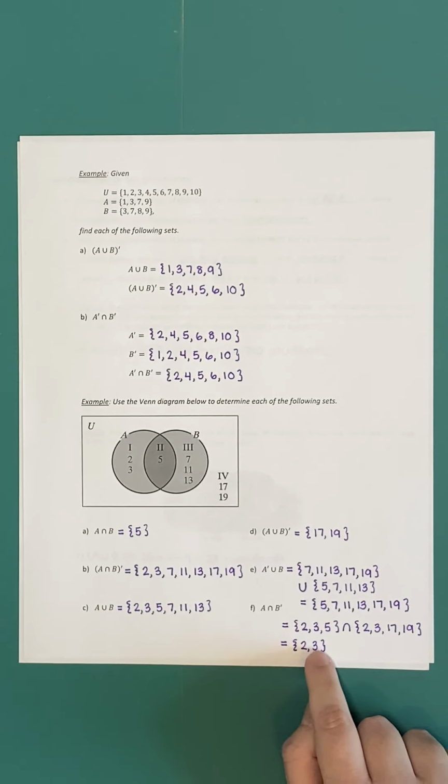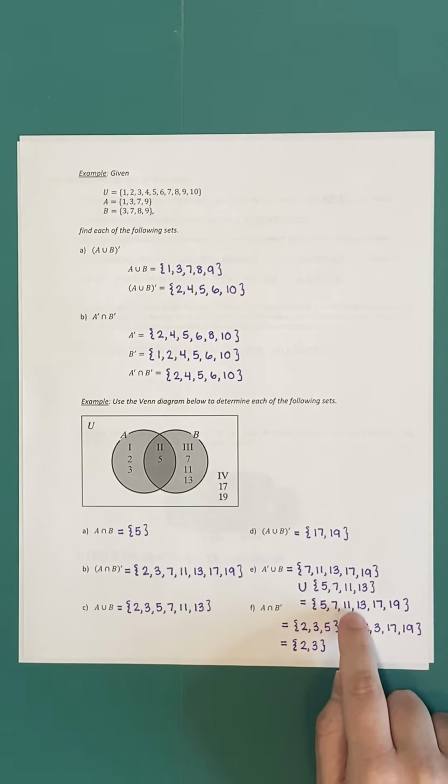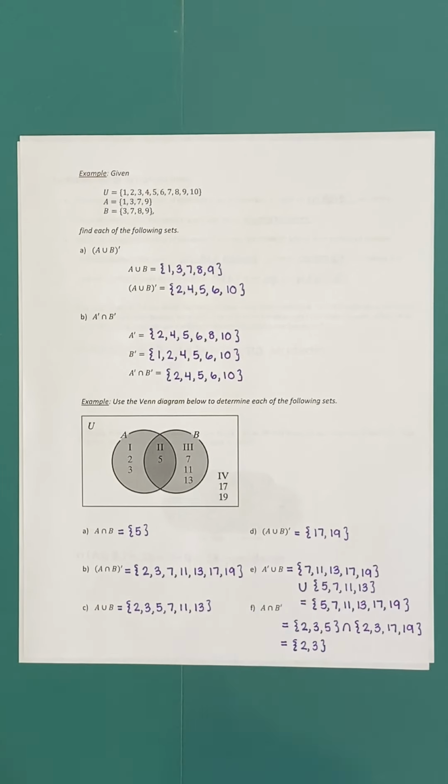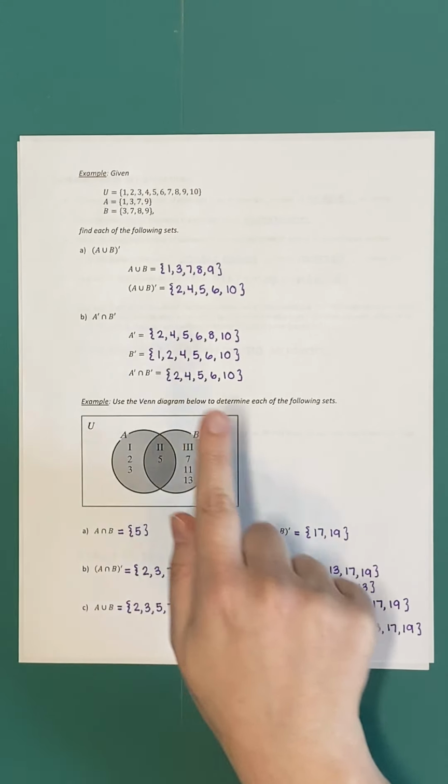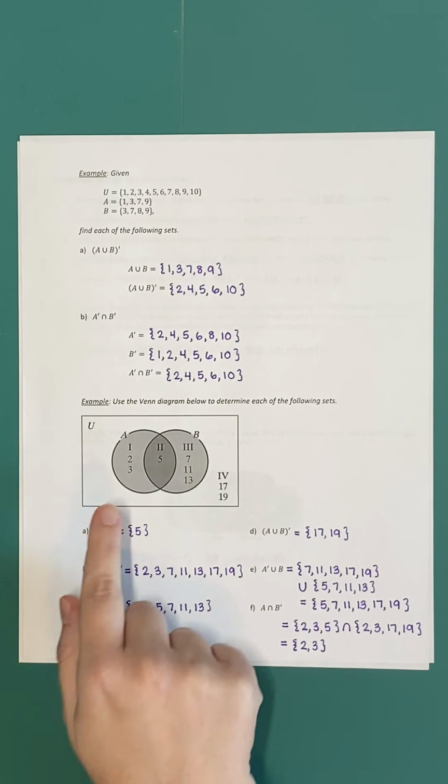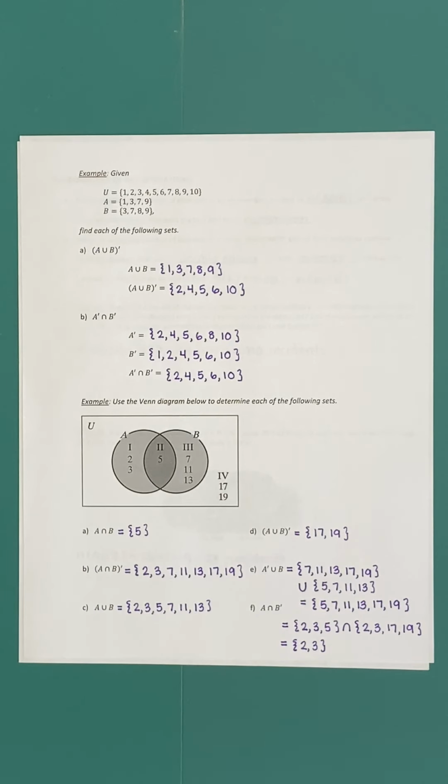You'd have 2, 3, 5, 7, 11, 13, 17, and 19. In other words, you'd have the entire universal set. So a big takeaway there, something to think about. If you take a set and combine it, unite it with its complement, automatically you form the entire universal set